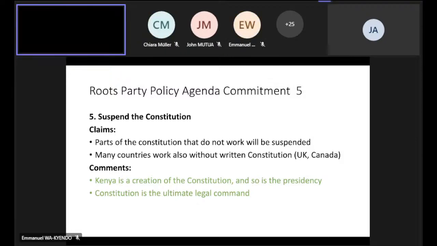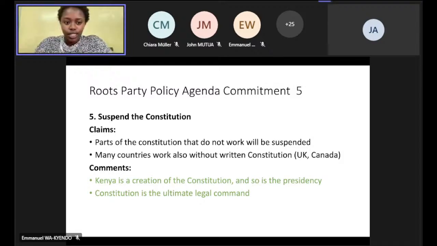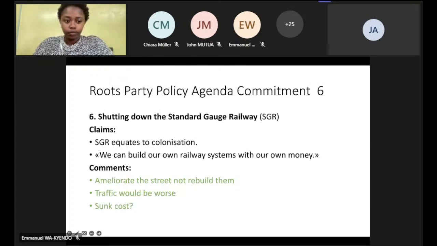Okay, thank you. So on the 6th commandment, next slide, please. Thank you. The 6th one is shutting down the standard gauge railway. They propose to shut down the SGR. They claim that the SGR equates to colonization and that we can build our own railway systems with our own money. So our comments on this is that,